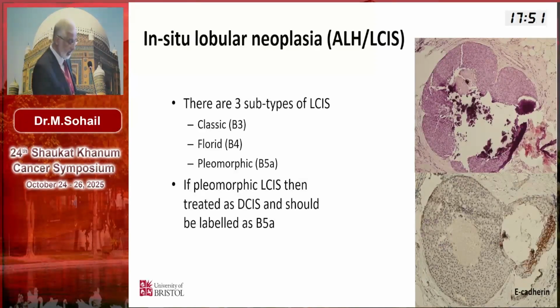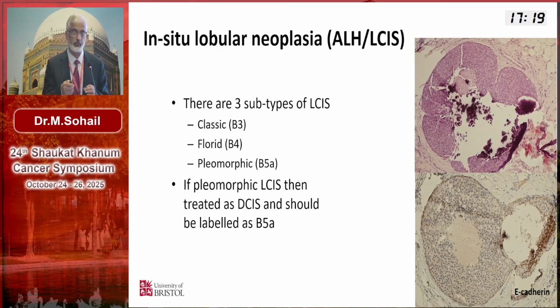Another point, as we discussed yesterday, is that there are three subtypes of LCIS: classical, florid, and pleomorphic. Classical, as I showed you in the previous slide. Florid is when it looks like a DCIS, where there are larger ductal structures, where the cells are about 40 to 50 across the diameter, and they are closely packed together with very minimal stroma there. In the Royal College guidelines, these are classified as B4. And if they have pleomorphism, variability in size and shape of nuclei, not great, but usually with prominent nucleoli, then you start thinking about pleomorphic LCIS.